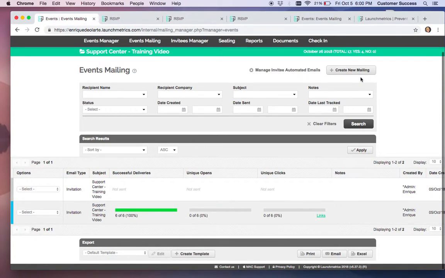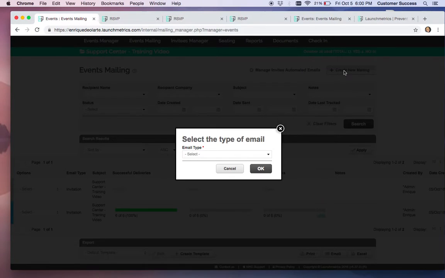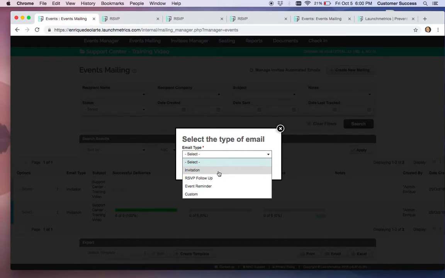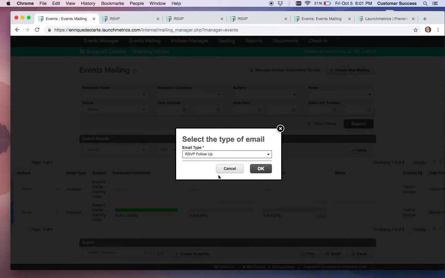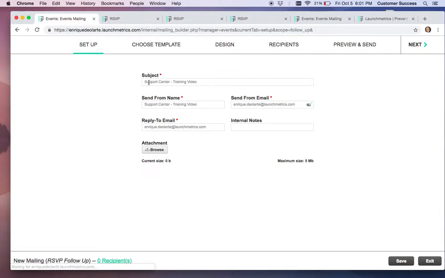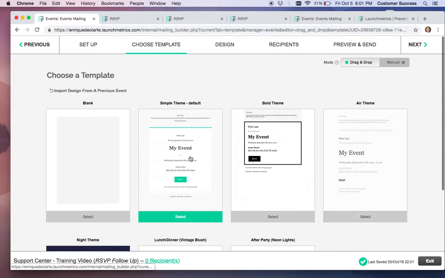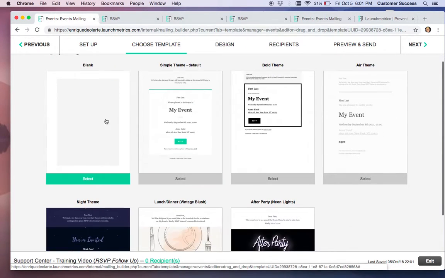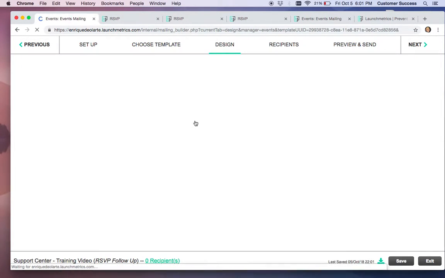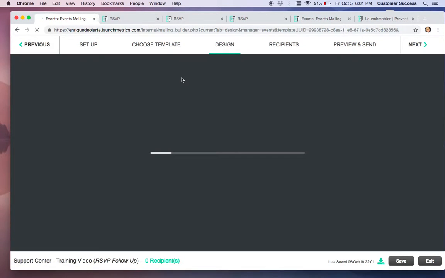Again, you also have your other specific email types. So again, let's say you maybe want to do a follow-up of people that didn't confirm. You can work on it. So I can do OK. Again, it gives you the same setup process. We can choose a template. Right over here, you can just use any of our templates, or you can start from scratch. So again, if we use one of the templates,